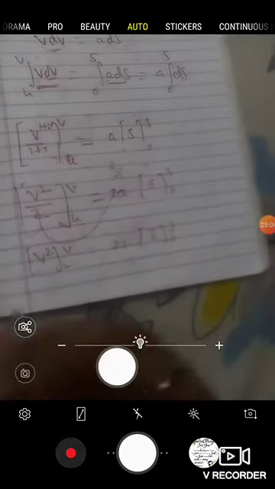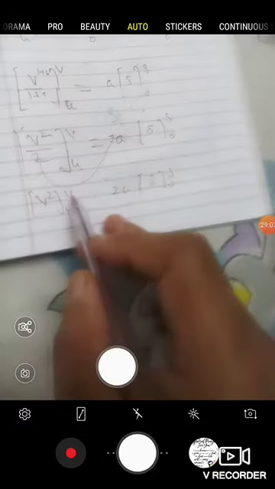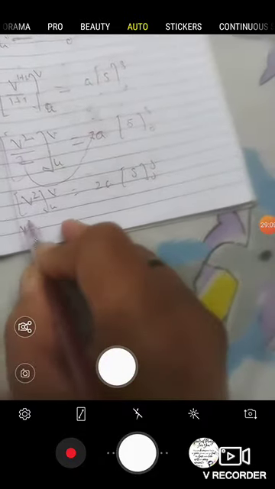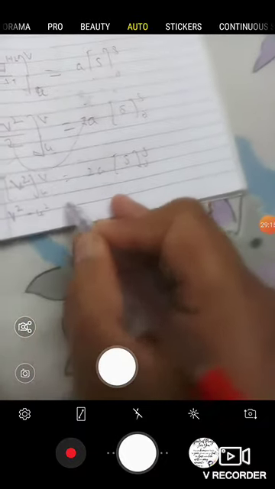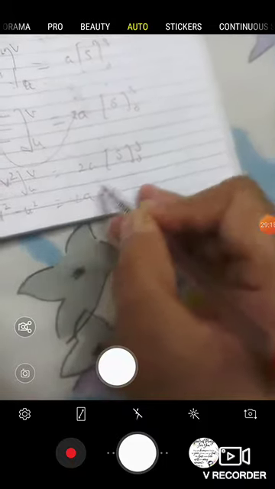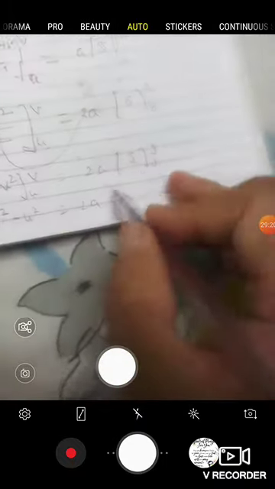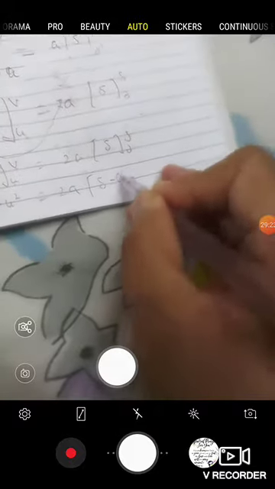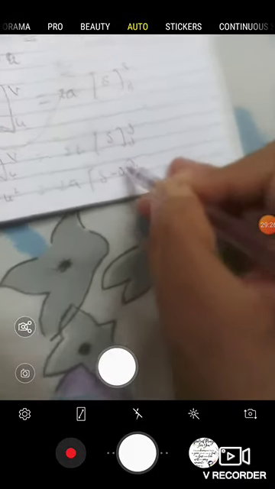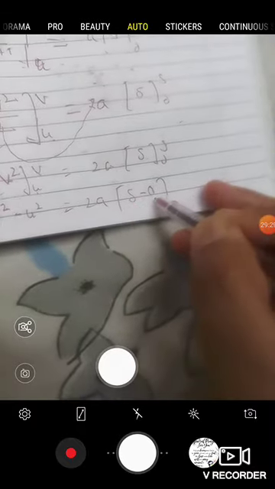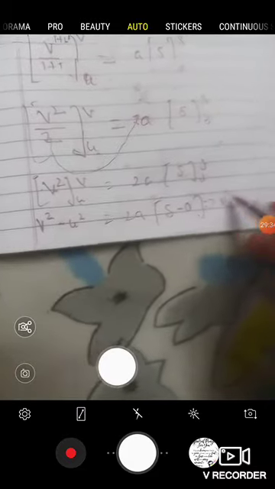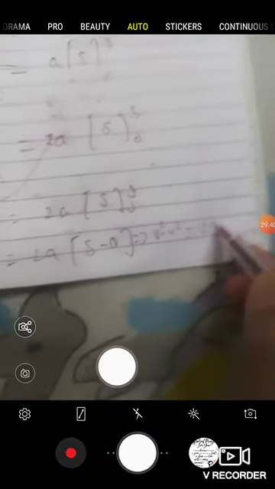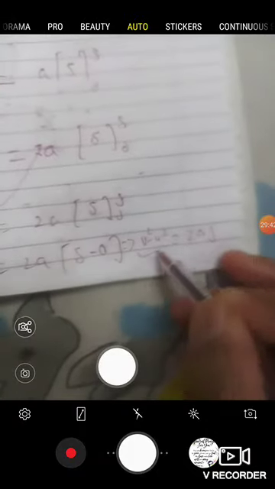Now finally what I will get, upper limit minus lower limit. So upper limit will be v, v square, lower limit will be u, upper limit minus lower limit, minus u square is equal to 2a, upper limit will be s, lower limit will be 0, this is 0 actually, so s minus 0 is s. So what you will get, this implies v square minus u square is equal to 2as, which was the required equation.